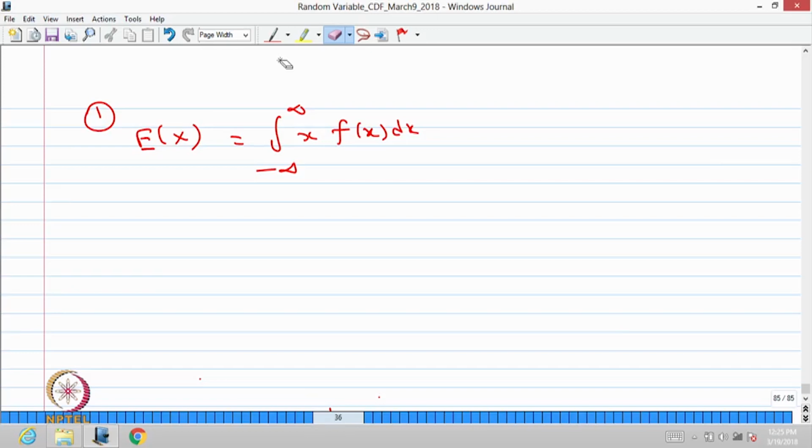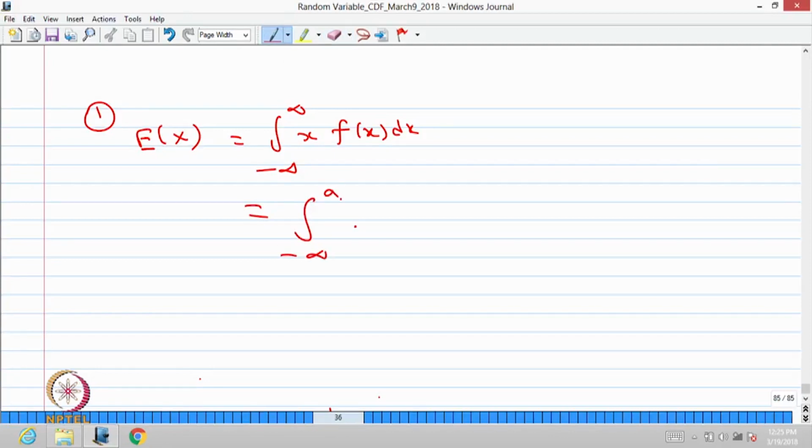We are doing this calculation with the assumption that the mean exists, with the assumption that in absolute sense this integration is a finite quantity. Without absolute, we are finding the integration, that is the value of expectation. This is same as